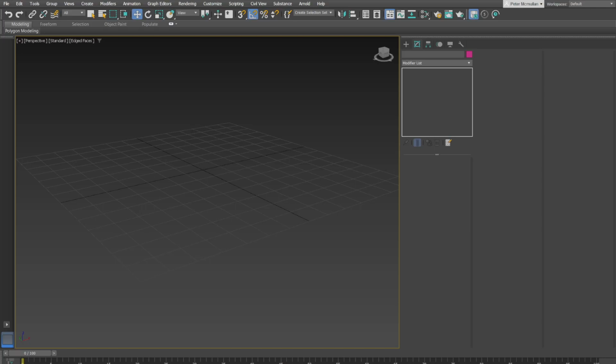Last time we looked at polygons and their sub-objects and making some really basic edits to things using extrude, cut, inset, collapse. I'm not going to go over all the commands available. They're there for you to explore and see what they do. But this time we're going to look at